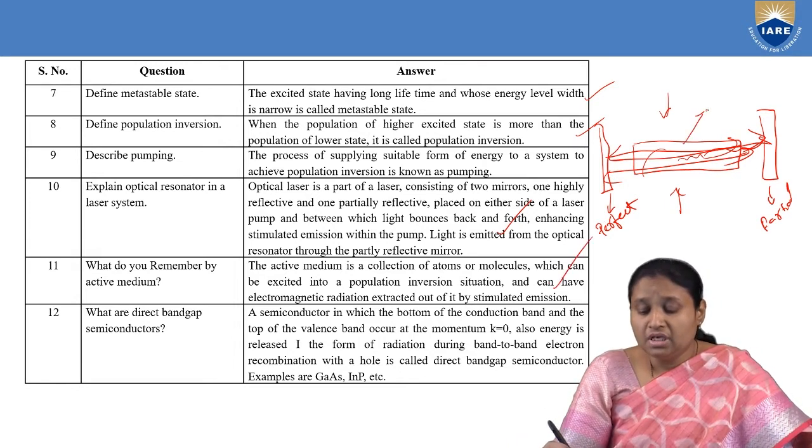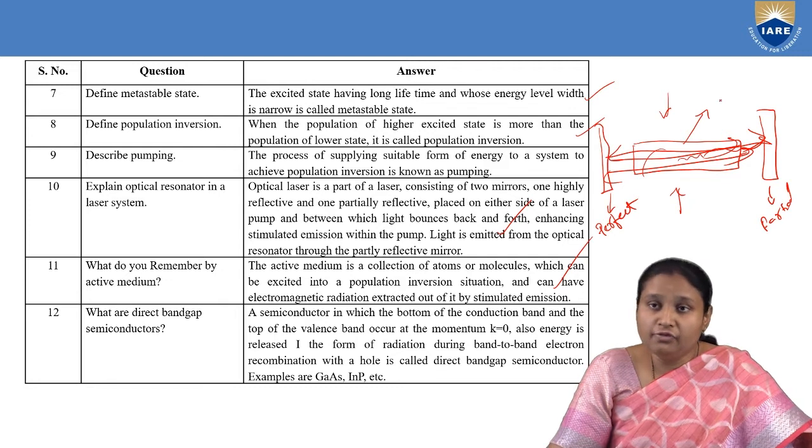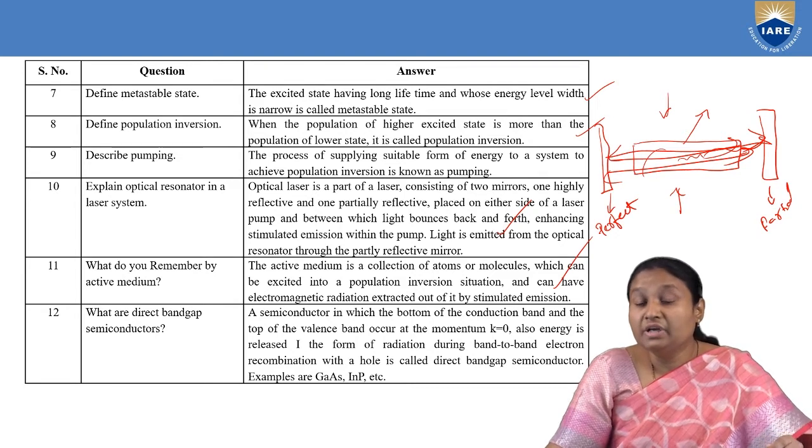The next one, what do you mean by active medium? As I told you, the active medium can be in any form, which consists of atoms, molecules, particles or electrons. And here it has a metastable state. What is a metastable state? A higher state which has a long lifetime. And what happens in the metastable state? Population inversion will be achieved. And because of de-excitation of atoms in the metastable state, by stimulated emission, we are going to